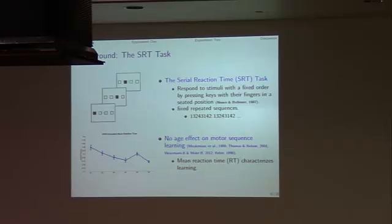Motor sequence learning is assessed by the mean reaction time in each block. For example, the bottom figure shows the mean reaction time from learning block 1 to block 6. They decrease their mean reaction time from block 1 to block 4, which have the same repeated sequence. And then suddenly, the experimenter provides a novel sequence, either a random sequence or another fixed sequence. Then participants' reaction time will increase, which shows they learned the previous sequence they practiced in block 1 to